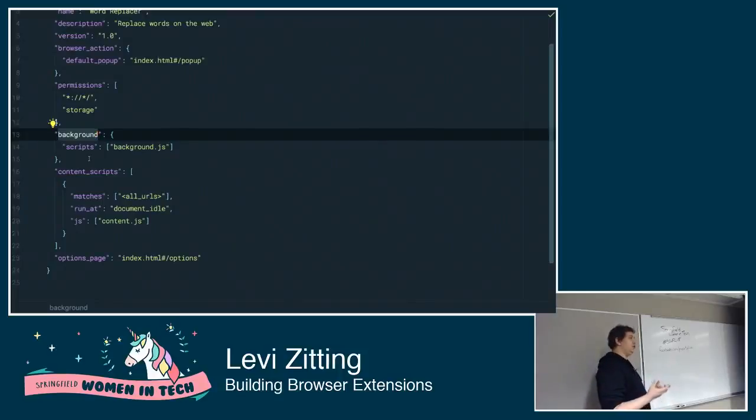Usually you would want to set it as non-persistent in order to save your end users a little bit of resources, because running a script in the background all the time takes a little bit of memory. And this is probably why a lot of people complain about Chrome or other browsers taking up so much memory, because a lot of extensions can be just constantly running scripts in the background that use some stuff up. So if you want to be nice to your users, try as hard as you can to make your background